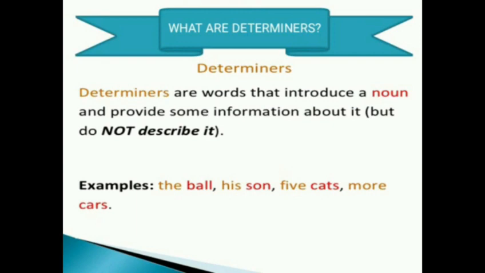So all determiners precede a noun, and by precede we simply mean they come before a noun. It is not necessary that it comes exactly before a noun, but yes, it comes before a noun. And secondly, it modifies them. Modify is a term that is a little difficult to understand, but if you know the elements, you will know what it means. Okay, so let's have a look.